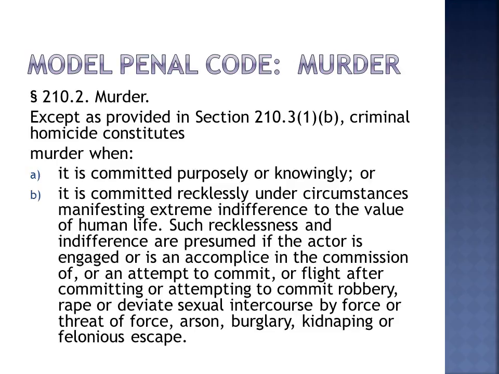But the law has already done that. It says that if you decide to engage in one of these crimes, you should know that a death is very likely to occur. It's a substantial and unjustifiable risk, and you're showing extreme indifference to the value of human